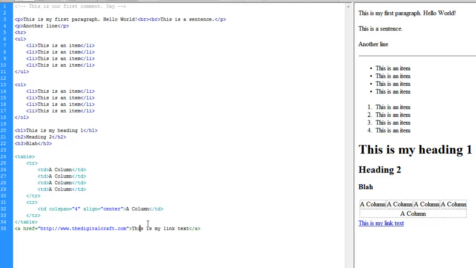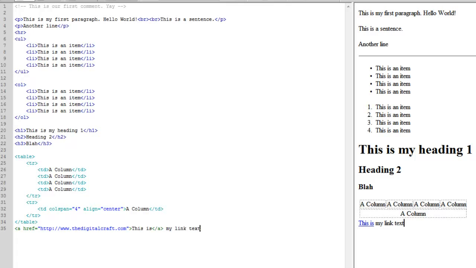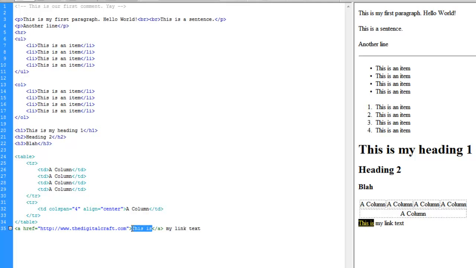You might say you want just the "this is" to be the link, which is popular, or like a "click here." And I'm going to touch on another tag here that's not going to make a whole lot of sense at the moment. It's more used for CSS,